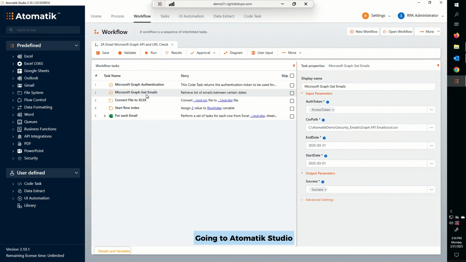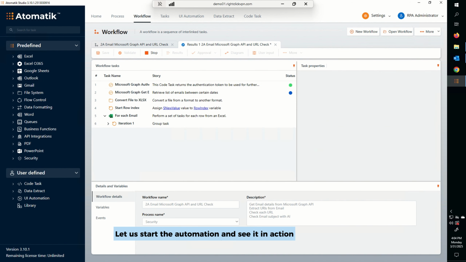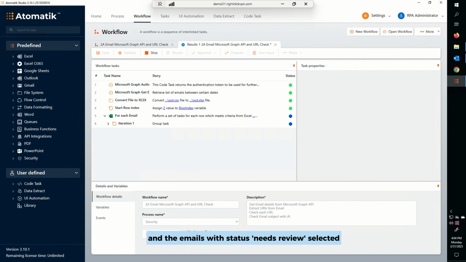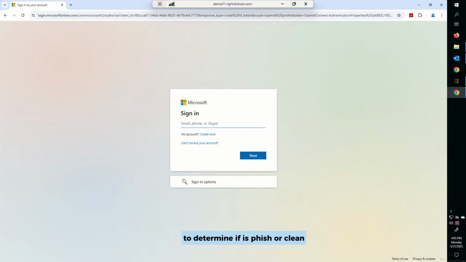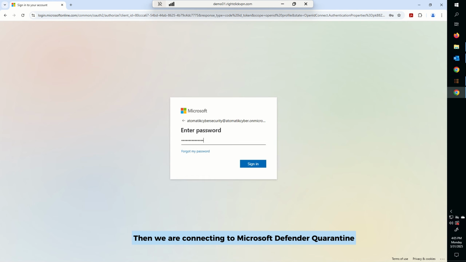Going to Atomatik Studio, we can see our pre-built automation. We will export and filter the emails received during the last month. Let us start the automation and see it in action. First, the list of emails was exported and the emails with status needs review selected. The subject of the email was scanned using artificial intelligence to determine if it's phishing or clean, and providing us with a confidence interval. Then, we are connecting to Microsoft Defender Quarantine,